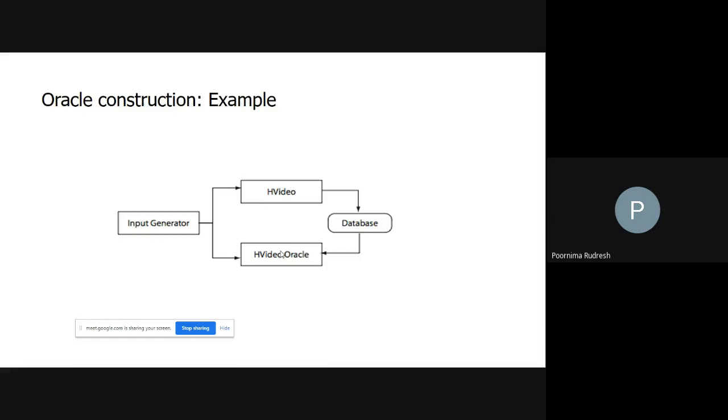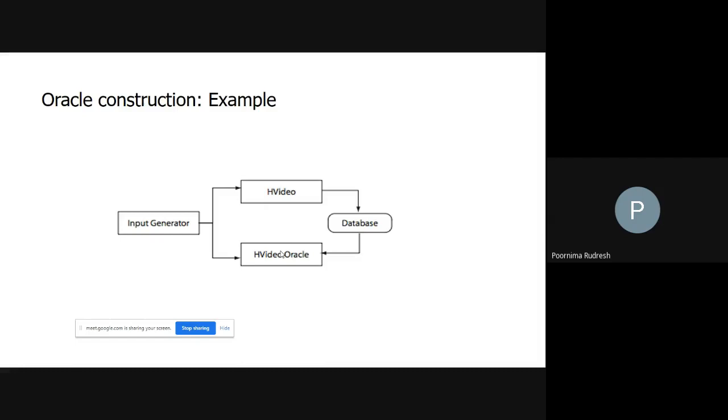Here we are constructing the oracle for the program called HVideo, which allows us to keep track of old home videos. The program operates in two modes: one is the data entry mode, and the other is the searching mode.